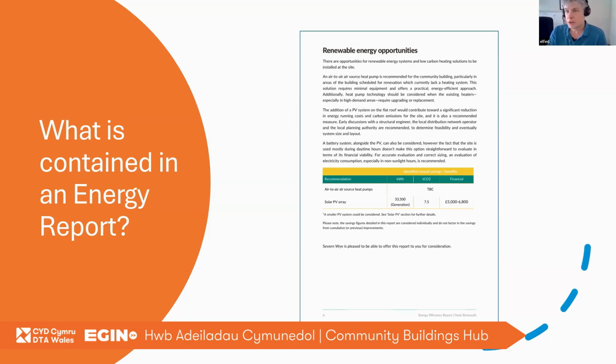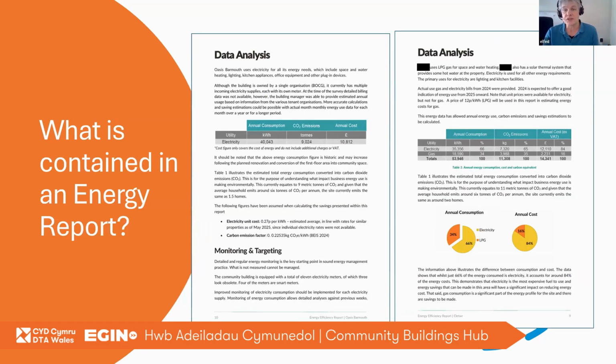As we then carry on through the report, the next section is data analysis. Now, this particular building is purely electric. There was no gas in Barmouth Oasis, their building. So I've just put another report, and I've blanked out the name just to maintain their privacy, of another group that actually has electricity and gas in their report as well, just so you can see the contrast